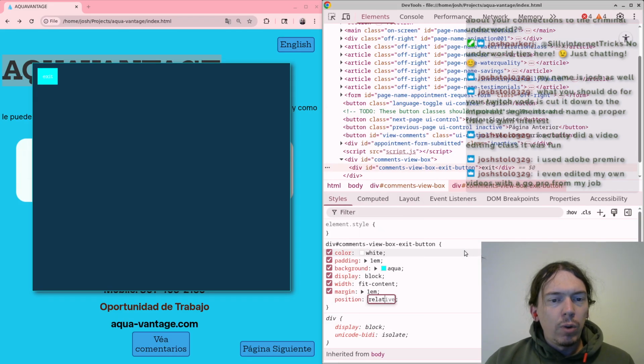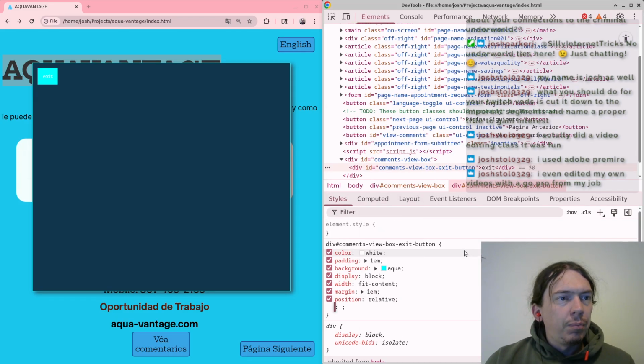Position relative. Left 1 VW. Just gonna throw it out over there, I suppose. That makes a certain amount of sense to me, I guess.